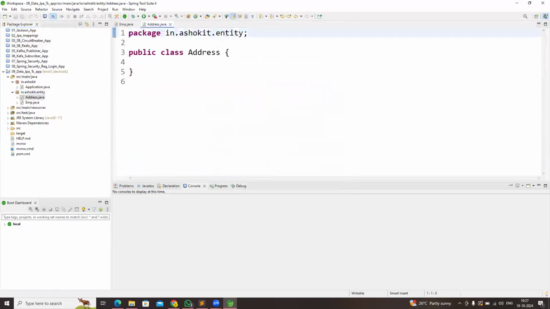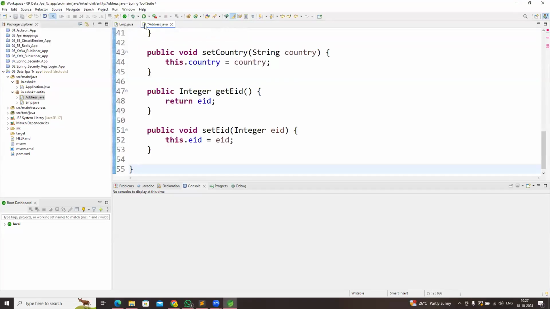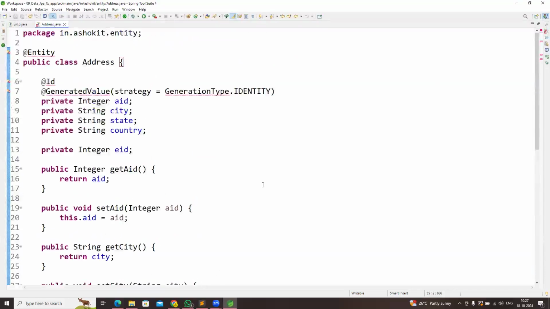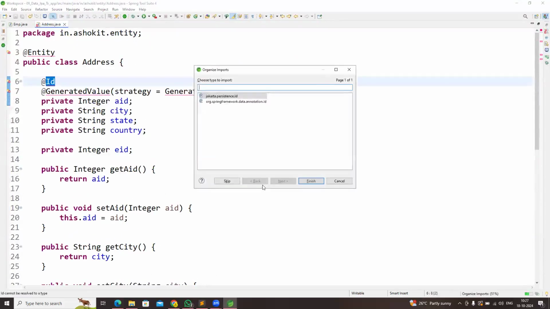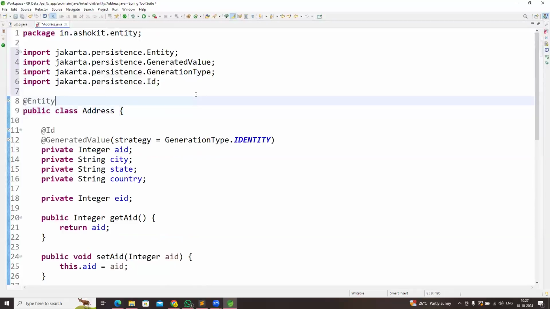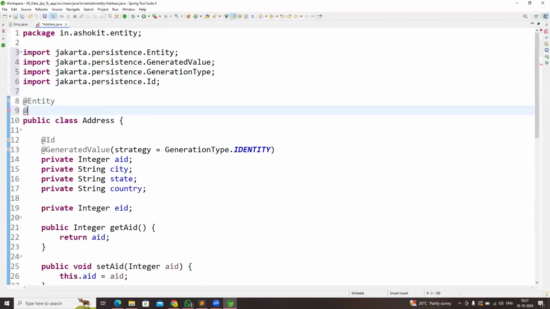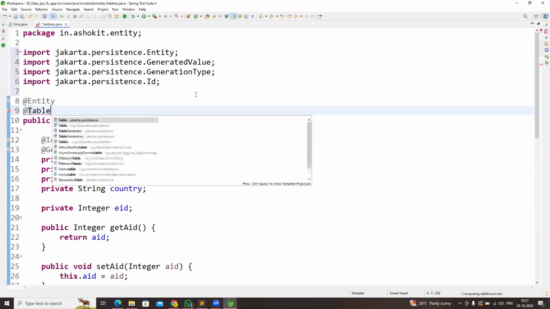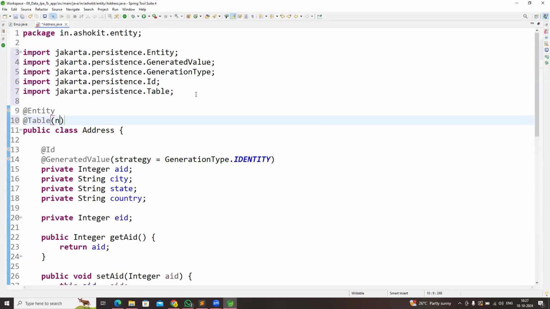Address entity I'm taking. This is also one entity class which is mapped with the database table. As of now, there is no relation between employee and address. These are two different entity classes which are mapped with two different tables. So let me map with a different table, using the @Table annotation, and I'm specifying name is